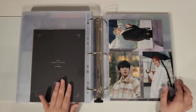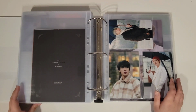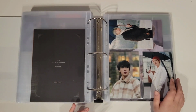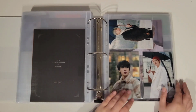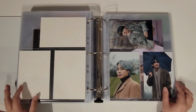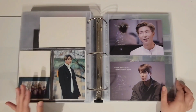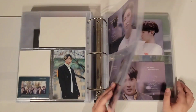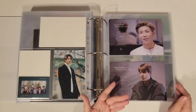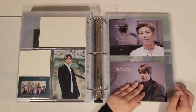I really, really loved summer package 2019. The traditional Korean aesthetic was so beautiful. Then we have winter package, something I really love. I was really excited for something new after so many years of summer package. And now we're moving on to the next section of my binder, which is promotion,